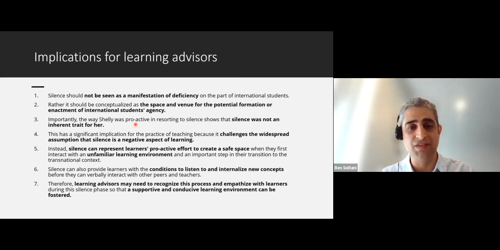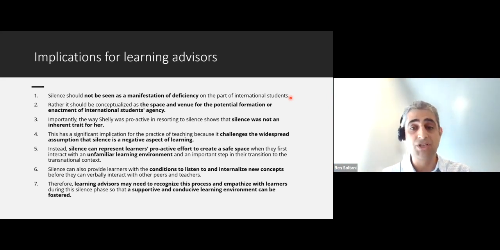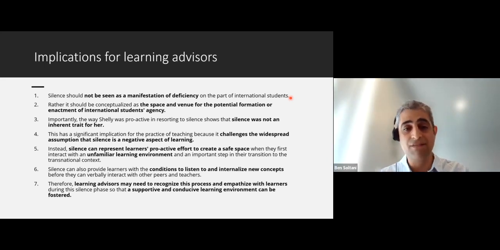So Shelley used her agency to reposition herself in the classroom by being silent. Silence was not an inherent trait for Shelley, the focal student, given that she was from Japan. It was not an inherent position, but it was imposed upon her in the classroom. So, there have been challenges. The view of silence has been challenged, and the assumption that silence is a negative thing